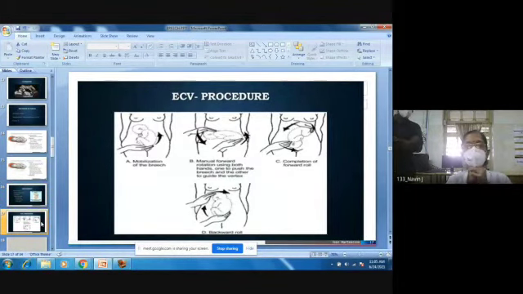So this is the picture showing the external cephalic version where no anesthesia is required. Some people advocate the use of tocolytics or uterine relaxants like terbutaline. You should do a fetal cardiotocogram to see if the baby's heart rate is okay. And then you can do a forward flip or a backward somersault. So you can either move the baby forwards and bring the head to the lower pole, or you can move the baby backwards and somehow bring the baby's head to the lower pole and make it a cephalic presentation. Because the perinatal mortality with a cephalic presentation delivering vaginally is much lesser than a breech. That's why we attempt an external cephalic version.